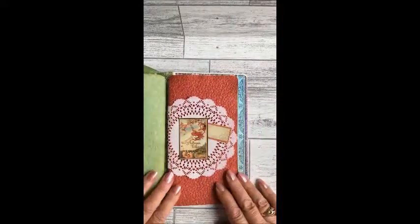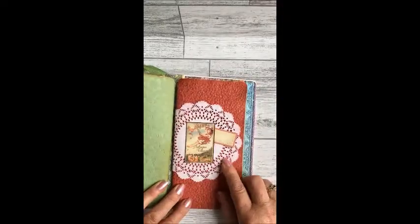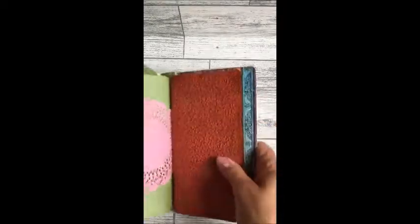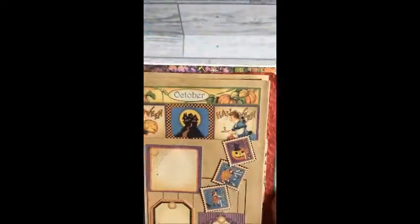Now we move on to autumn. A cut-out doily, this Cheery Lynn doily, and these are little cut-aparts again from Graphic 45, textured, handmade, leather-type paper, but it is paper, it's not leather. We open up and we come to October, which is